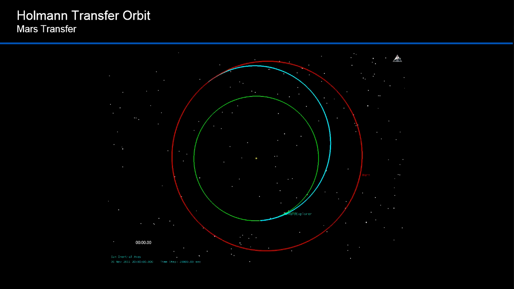This is a transfer orbit from Earth to Mars. Every 26 months, probes can be launched to Mars. Other times a year, it would take significantly more energy, which means a larger rocket. This probe is launched in an elliptical orbit around the Sun. The perihelion